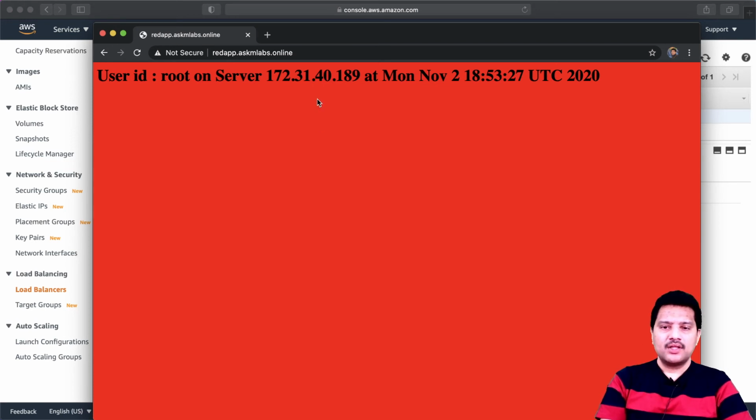Okay, so when I access redapp.asclabs.online, the request is forwarded to the load balancer and the load balancer is forwarding that request to redapp. Now similarly, let me access my yellow app,